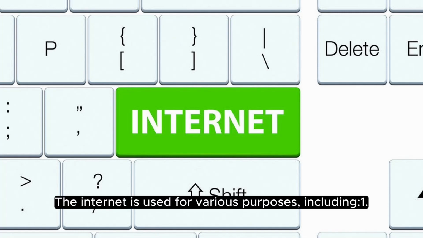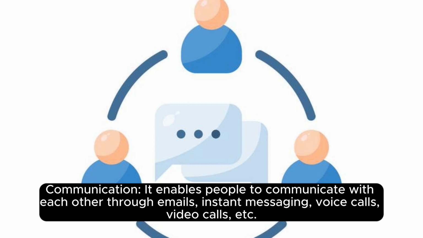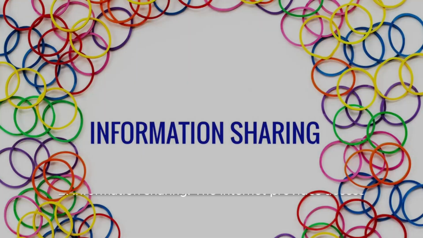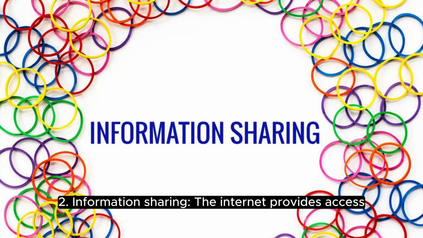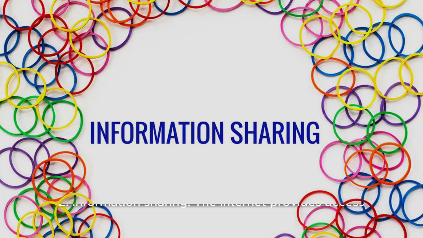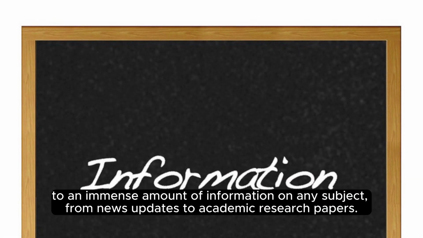The internet is used for various purposes, including: 1. Communication. It enables people to communicate with each other through emails, instant messaging, voice calls, video calls, etc. 2. Information sharing. The internet provides access to an immense amount of information on any subject, from news updates to